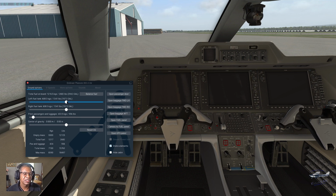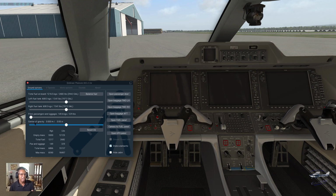and we're just gonna do our fuel from here. We have 2,682 pounds of fuel, or 394 gallons. So yeah, we should be good on fuel. And like I said, it's just two of us, so I'm gonna adjust the weight here. 329 pounds sounds about right. Okay, and that puts us at a gross weight of 15,173 pounds, or